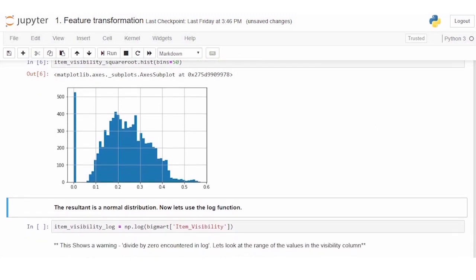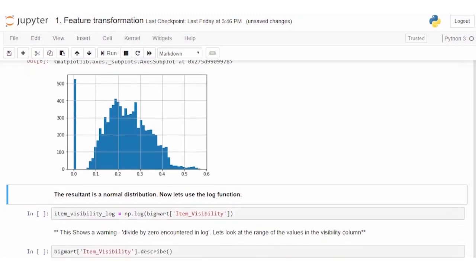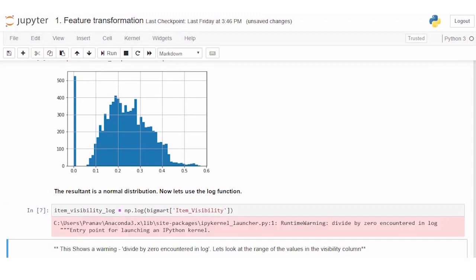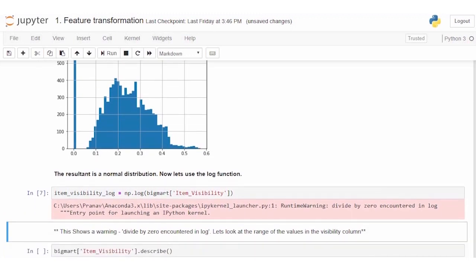Now, as we discussed previously, we can either take the root or the log in case of a right skewed distribution. So let's go ahead and use the log function now. Here's another variable we're creating called item visibility log that will store the log values for the item visibility feature. Now when I run this, I get a warning.